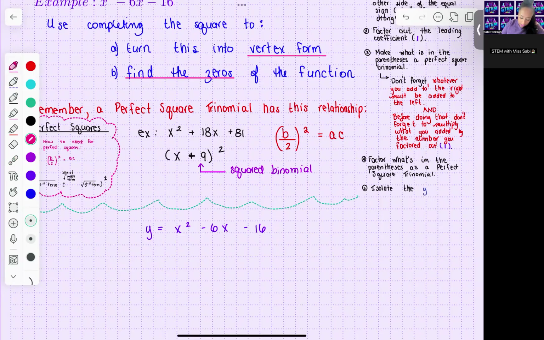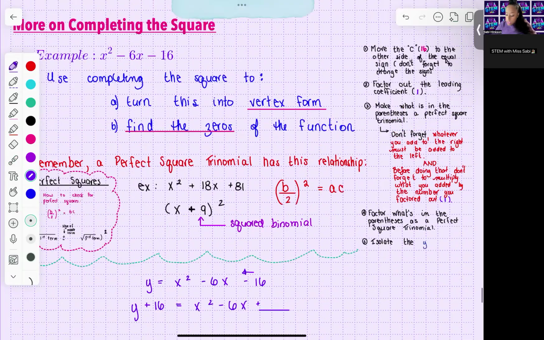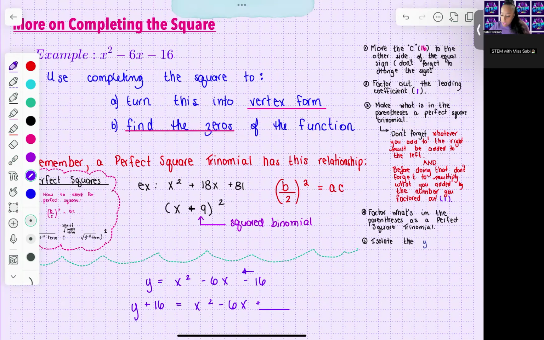So I'm moving that C to the other side. I have y, and it becomes plus 16 is equal to x squared minus 6x. And I'm going to leave a little space there. It says, move the C to the other side of the equal sign. Don't forget to change the sign. So when you move it over,